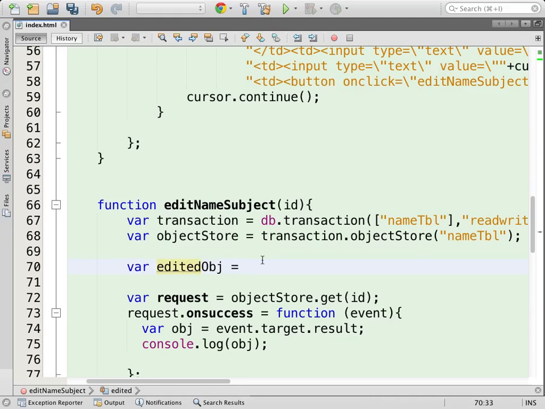Get access to the edited object. I will come back to it a little later. First I will get the name,